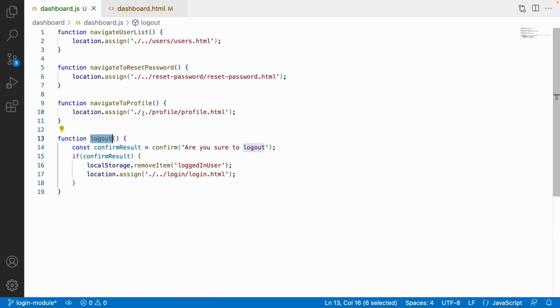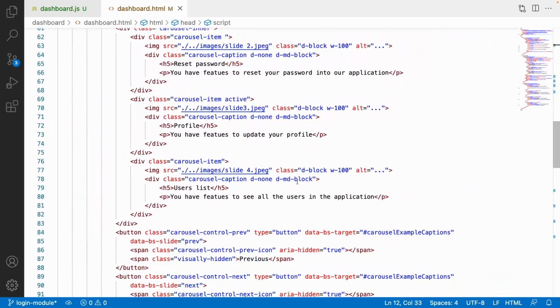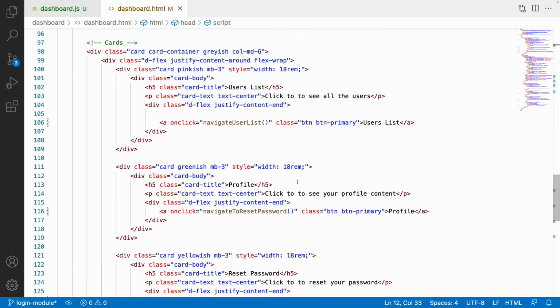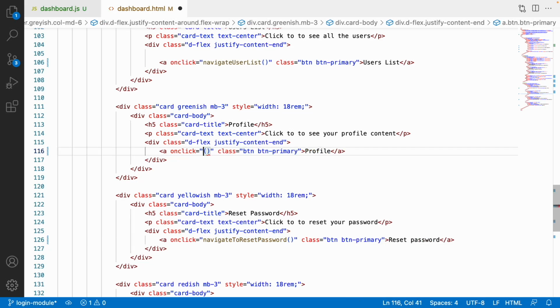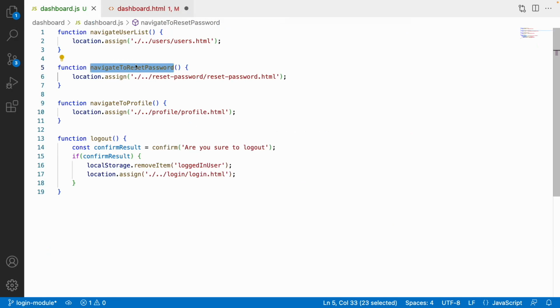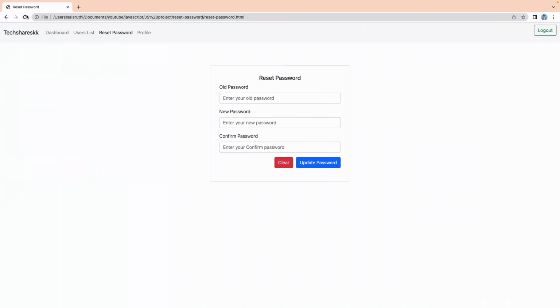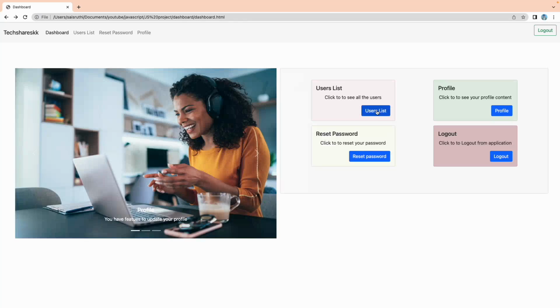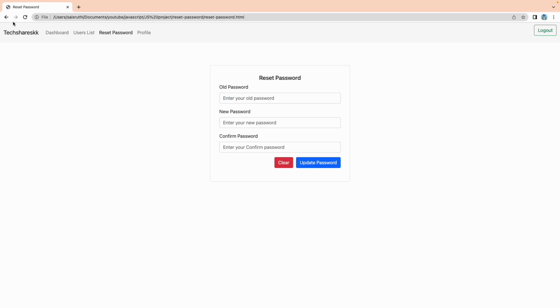So here if you see, I have copied this reset password, but I'm using it over the profile, I guess. So if you go down, here is a user list, here is a profile, but we are using reset password. So this is reset password, and this is to profile. Let me copy this profile, paste here, save this. Let me go back and reload. Let me try again. User list, navigated to user list, profile, navigated to profile, reset password, navigated to reset password,